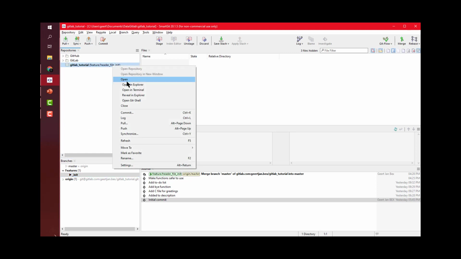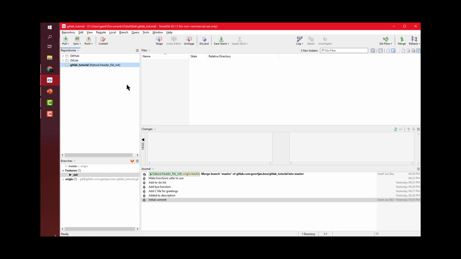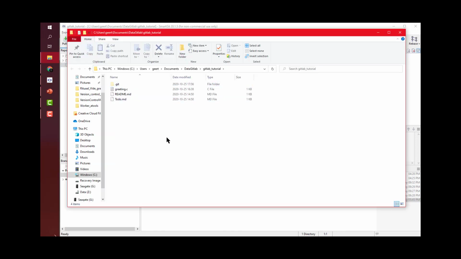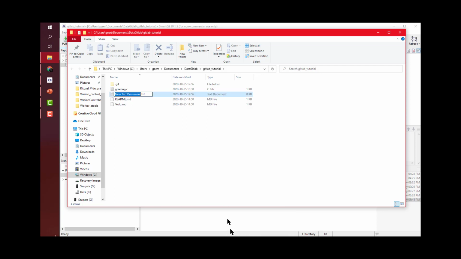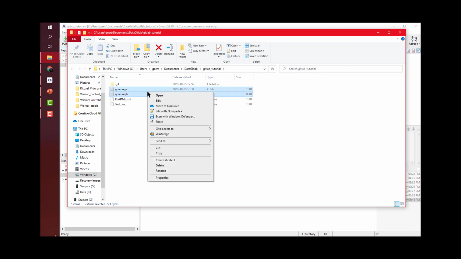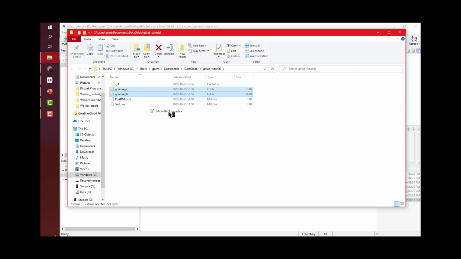and create, in this particular case, we will create a new file. So I'm going to add a new file. And that would be greeting.h. Okay, yes, I'm sure I want to do that. And then basically what we want is to edit those in Notepad,